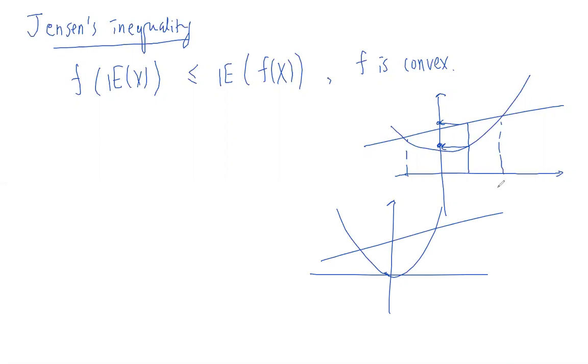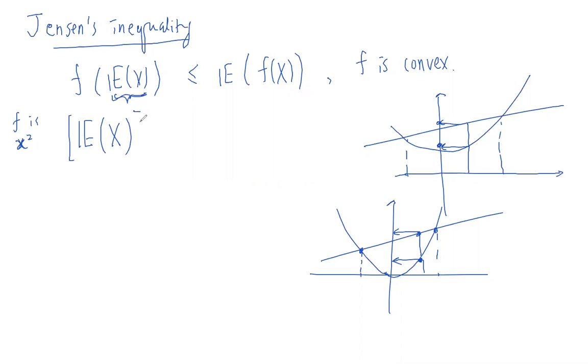So we put a secant line like this. So definitely any point within is dominated by the point on the line, right? So yes, x squared, which means if f is x squared, then expectation of x. So this is the argument, right?